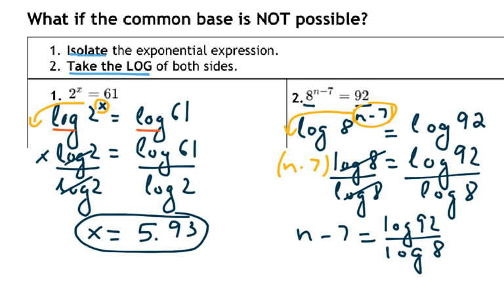So now next step, I need to move 7 to the other side, so we're going to add 7 to the other side. I know this fraction looks a bit weird, but we have n equals